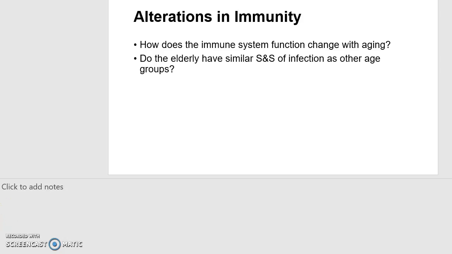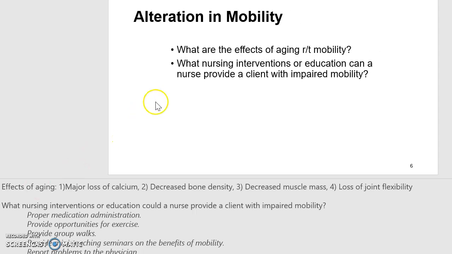The next slide is alteration in mobility. What are the effects of aging related to mobility? And what nursing interventions or education can a nurse provide a client with impaired mobility? The effects of aging: we have a loss of calcium in the bones, decreased bone density, decreased muscle mass, and loss of joint flexibility. So all of those can result in an increased risk of injury,